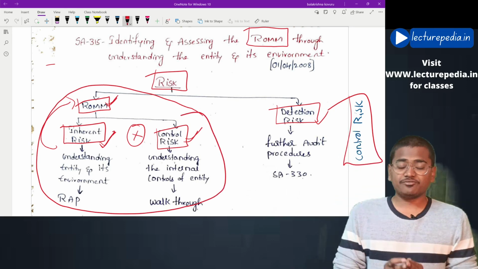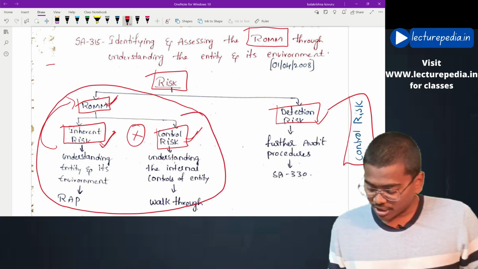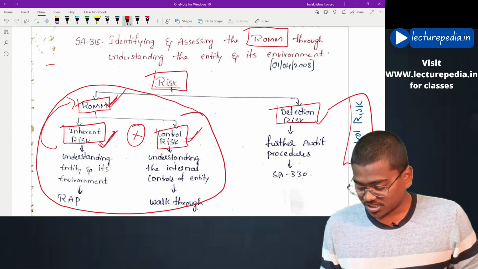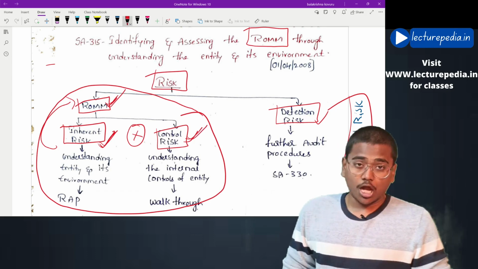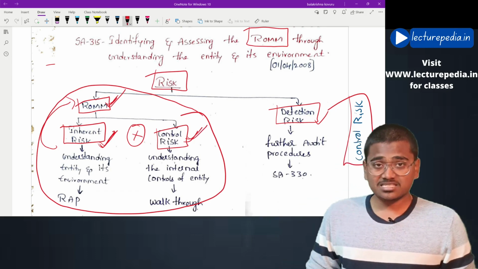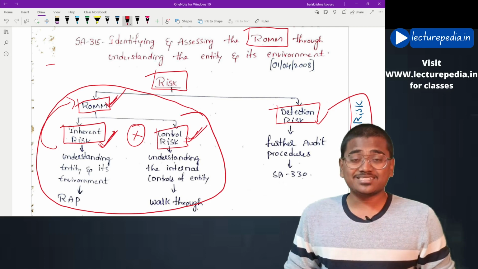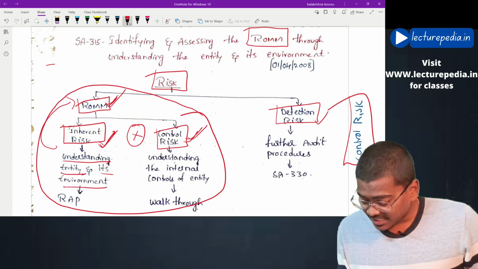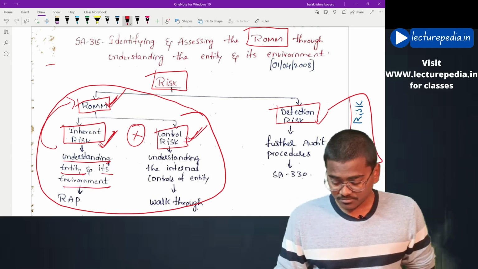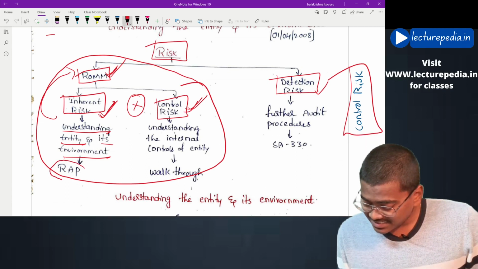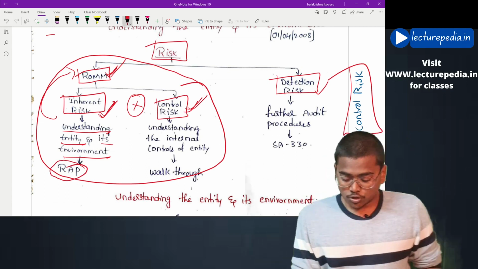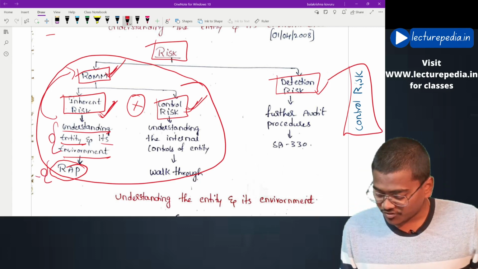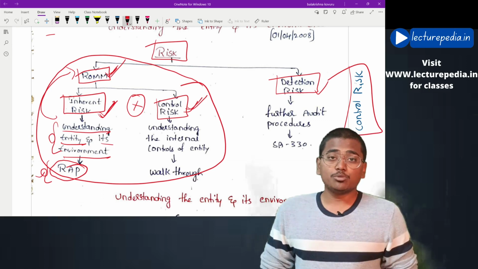Okay, SA 315 majorly deals with risk of material misstatement. In order to identify risk of material misstatement, the auditor has to determine inherent risk and control risk. How will the auditor be able to determine inherent risk? He will be able to determine the inherent risk by obtaining an understanding of the entity and its environment, and by performing risk assessment procedures. Through this, the auditor will be able to identify